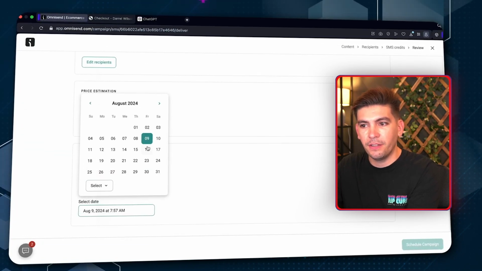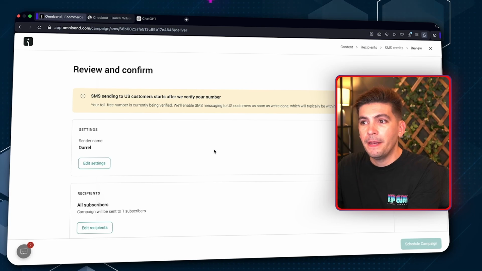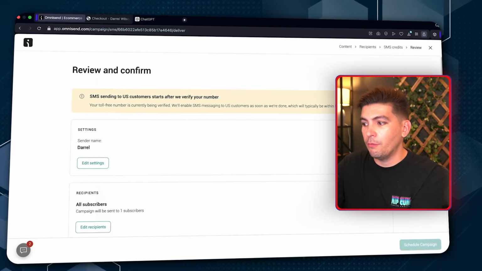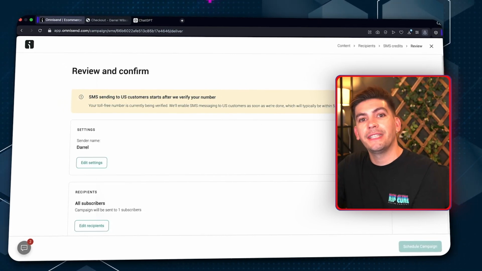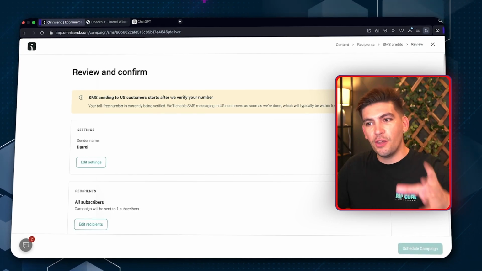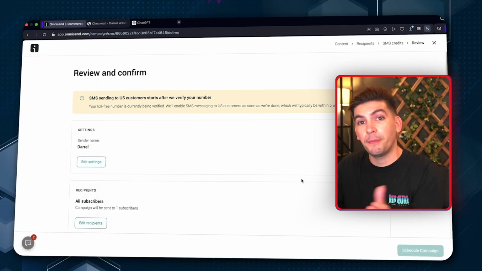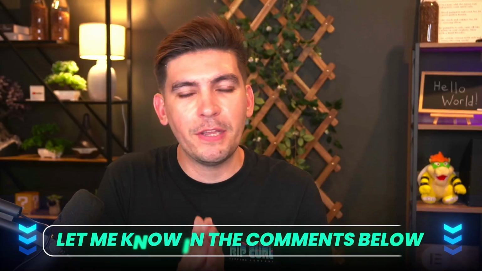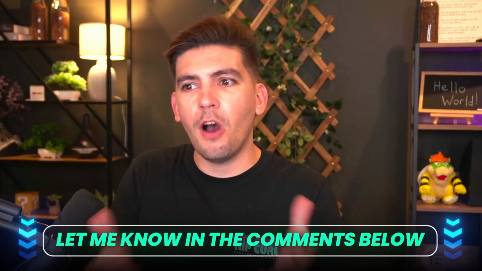So you'll see we can schedule this on a specific date. Now, once you do verify your phone number, when you click on schedule campaign, it'll then send out SMS notifications to those specific subscribers on your segments list. So that is how you can create SMS notification campaigns. If you do have any questions about this, let me know in the comments below. The only drawback about SMS campaigns is that you have to pay for them every single time. But for emails, they're free, but it just depends on how aggressive you want to get when it comes to